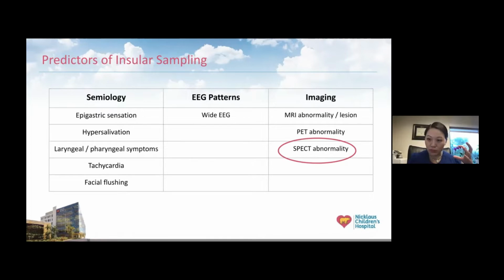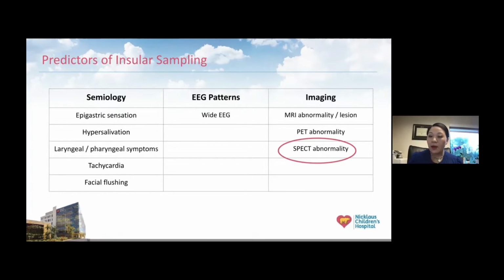So those are our most common semiologies that we see with patients with insular epilepsy. And when we performed statistics, logistic regression on the sample, we were not able to identify any specific semiology as a predictor of positive insular sampling. In patients who had insular epilepsy, frequently they'll have a very wide ictal EEG onset, but again, it did not reach statistical significance on